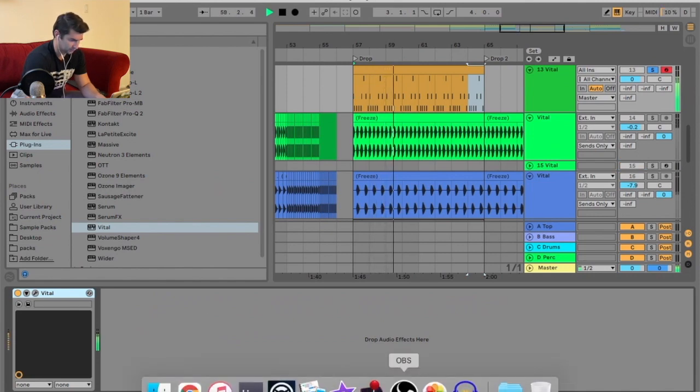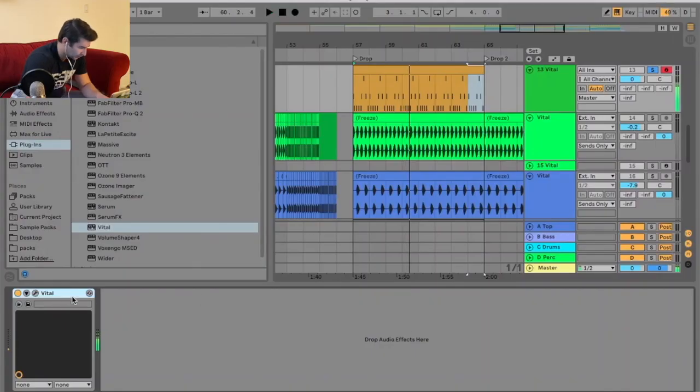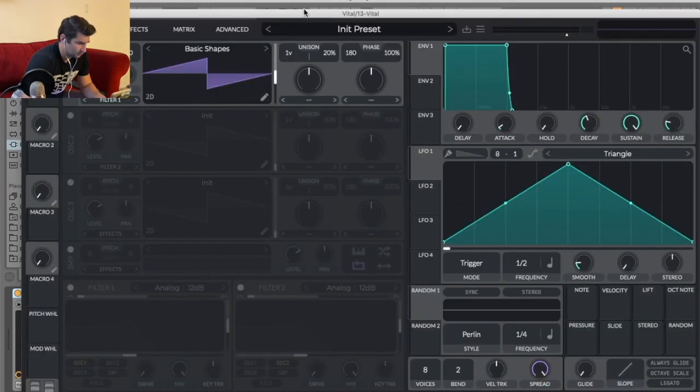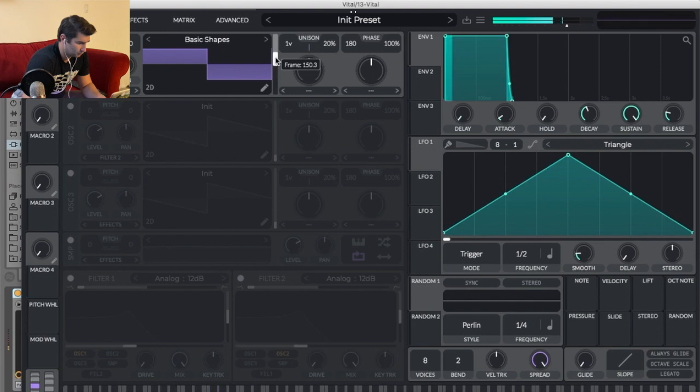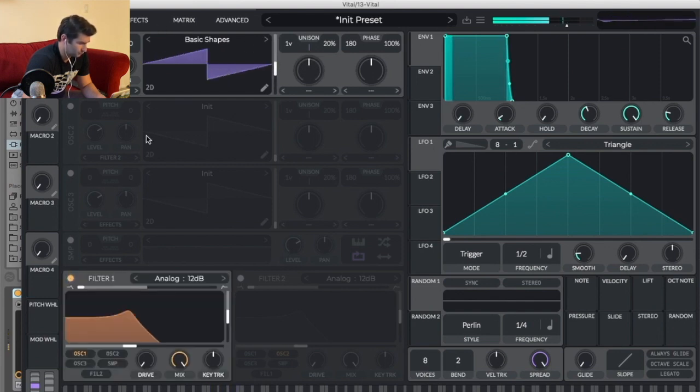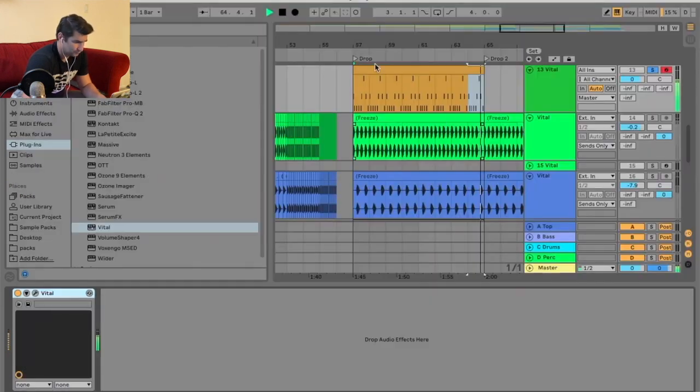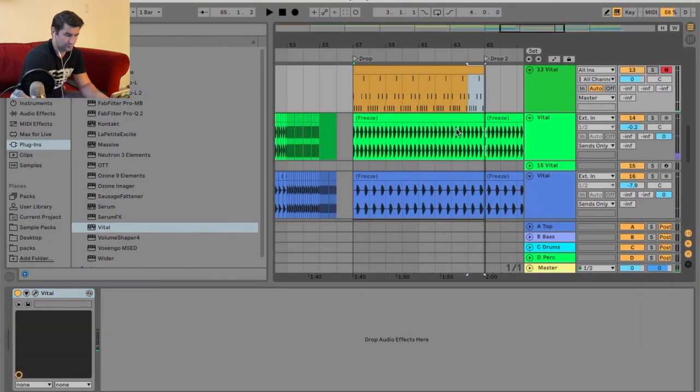How are we doing on frame rate? It's going a little bit. So kind of similar to Losing It. I think it's a good example of this where